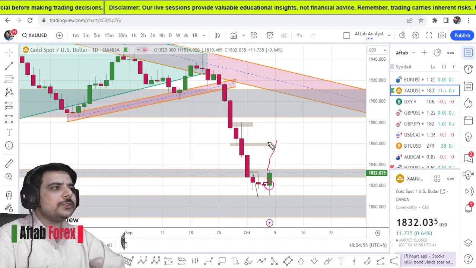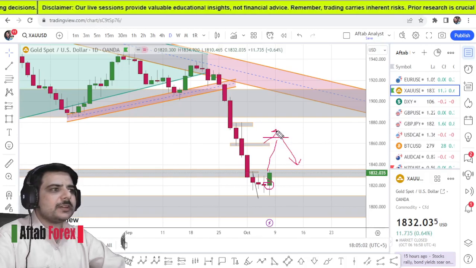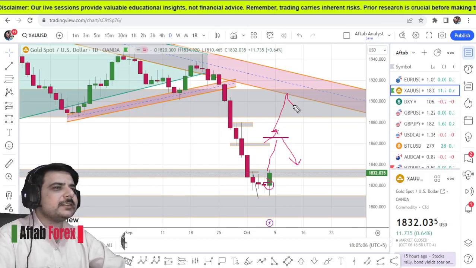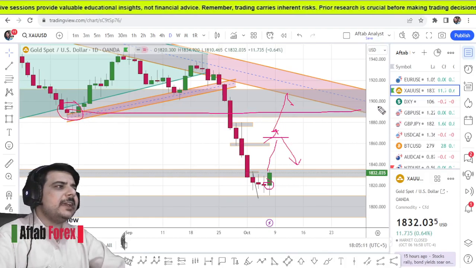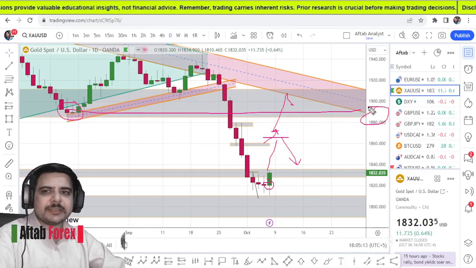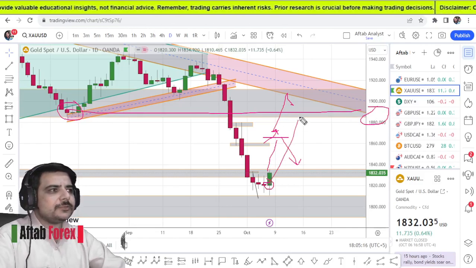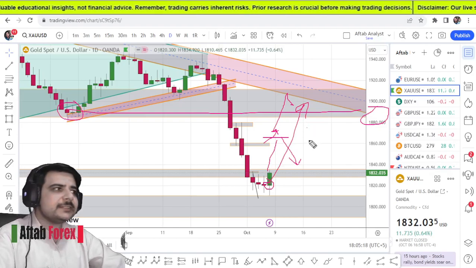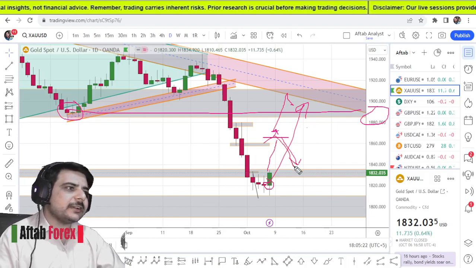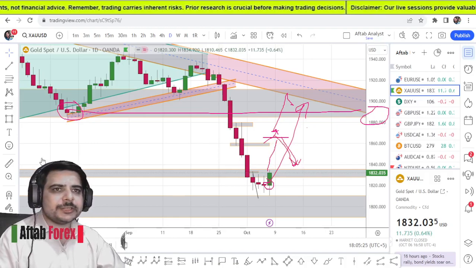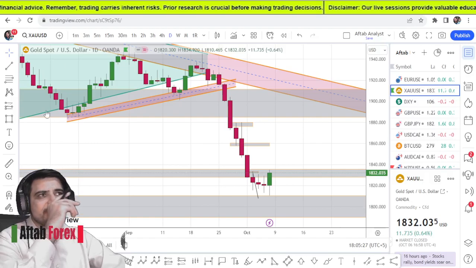So the market is going to take a retest near 1860, from where I'm going to take a sell trade, and maybe if this sell doesn't work, I'm not going to put a stop loss for it. I will be taking it further towards around this broken level of 1880, and the market should not close above 1880, otherwise things will be bad. So looking forward to a very nice opportunity towards 1880 and 1860, from where I'm going to take a sell trade and sell opportunities. This is gold, very simple it is.